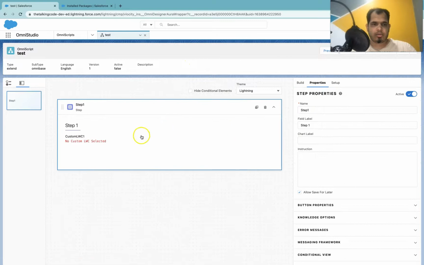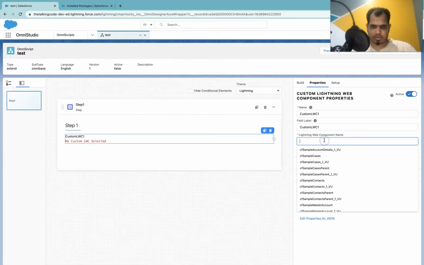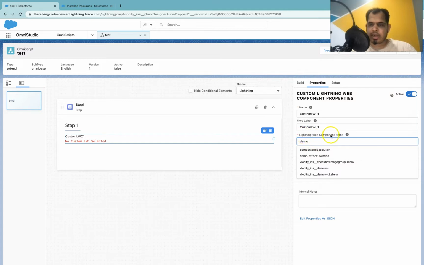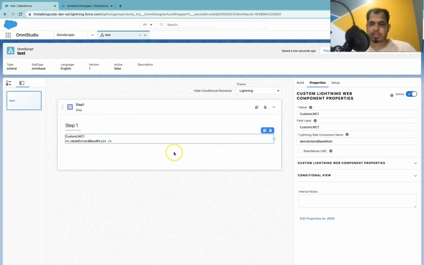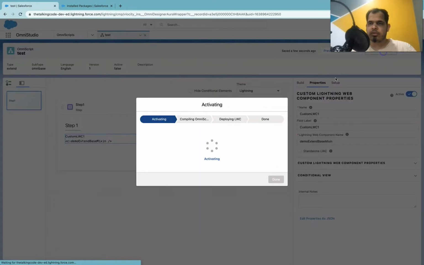Okay, so what I will do is, in the lightning web component, I will give demo extend base mixin, the component we just created. And if you remember from the previous video, to preview this, we need to activate this OmniScript. Okay, so I will do that.